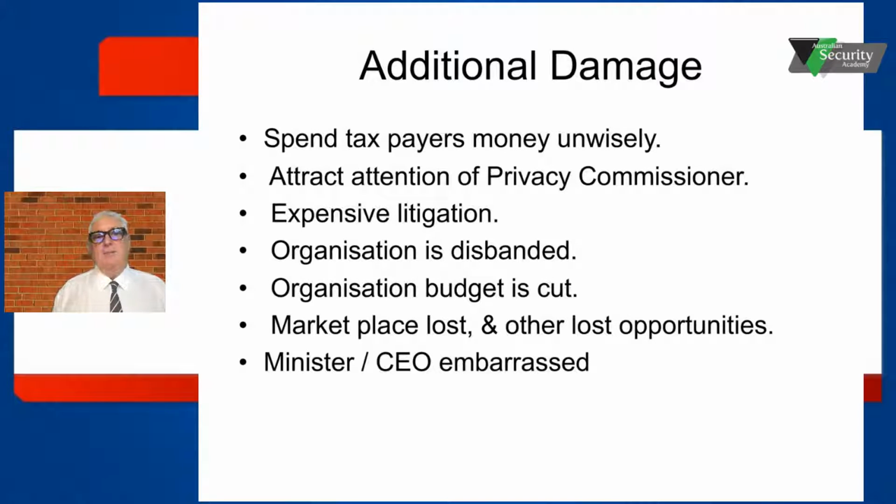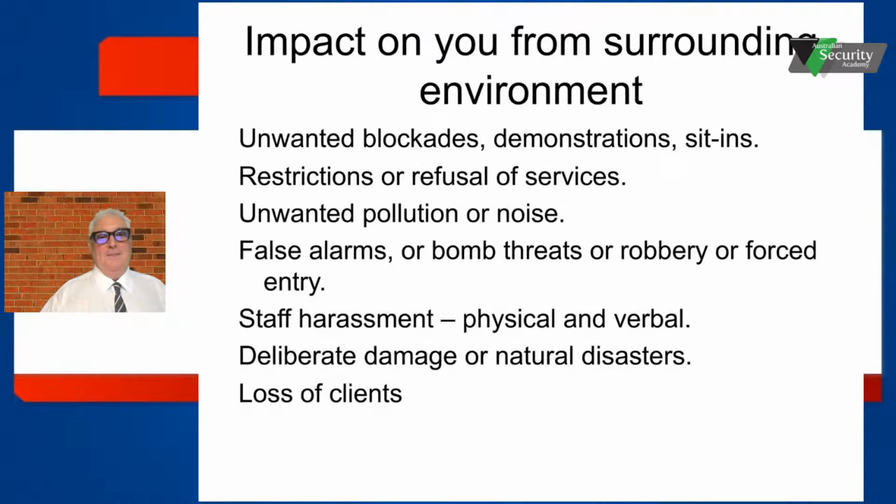Now, an example of marketplace loss: the Australian government asked to have an international review of where COVID-19 first started. And the Chinese government decided that they didn't like that. So they upped the price of imported goods from Australia into China in wheat and wine and other commodities, except for coal, which they need. And that caused loss of market to Australian producers for a while. Now, it wasn't the end of the world. They were able to replace that. They risk managed for that sort of thing at that level.